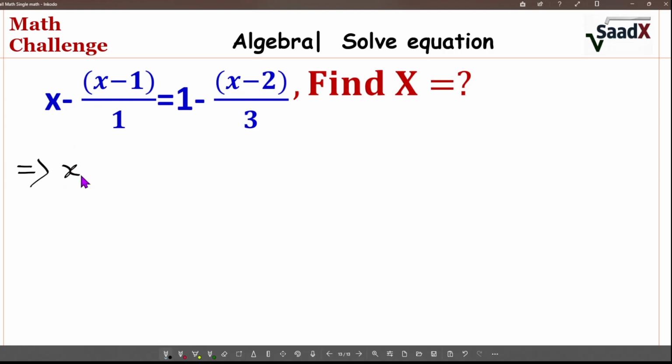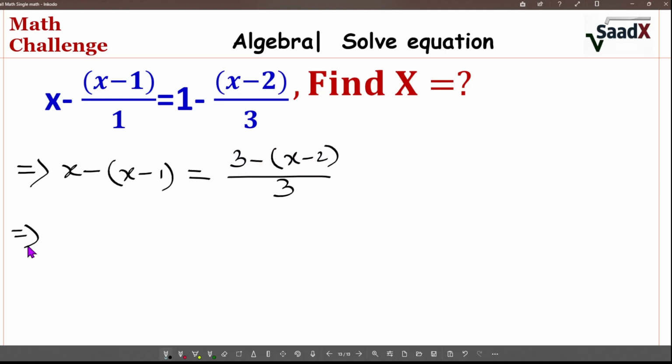First, this is x minus 1, and x minus 1 divided by 1 is just x minus 1. Here is 1 minus (x minus 2)/3. We can make an LCM, which is 3. So 1 times 3 is 3, minus (x minus 2). Then x minus, and minus times minus becomes plus 1, and here 3 minus x, minus and minus becomes plus 2,